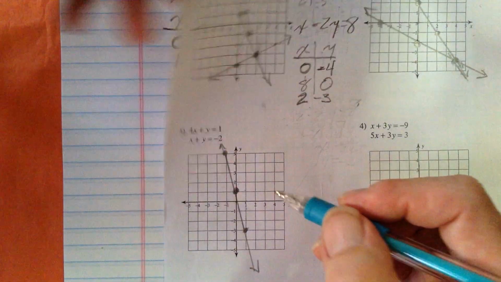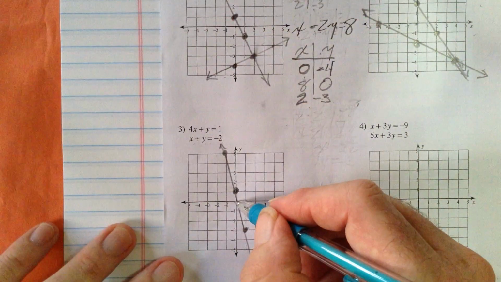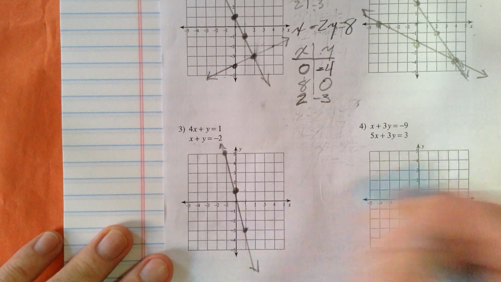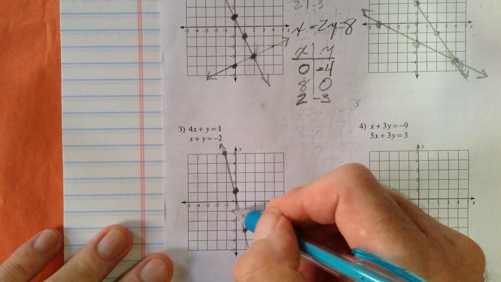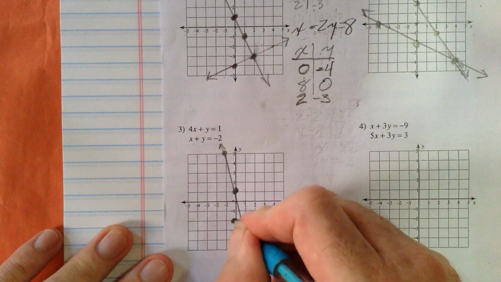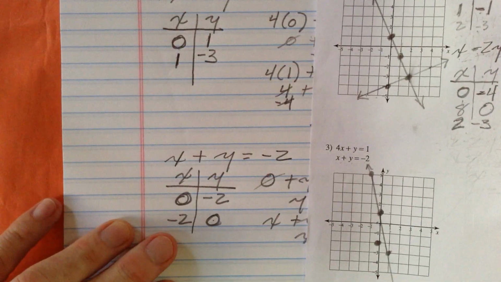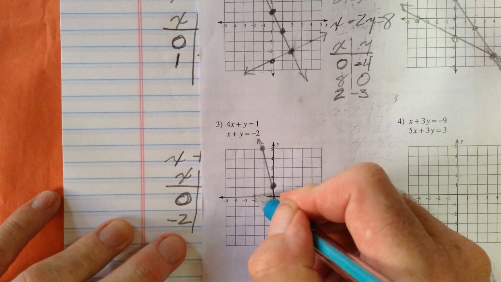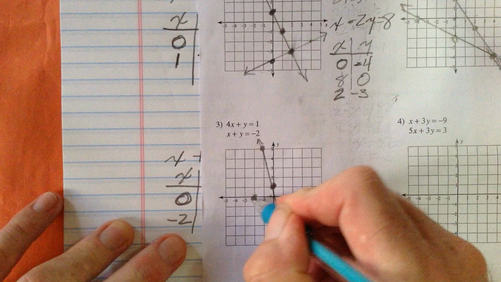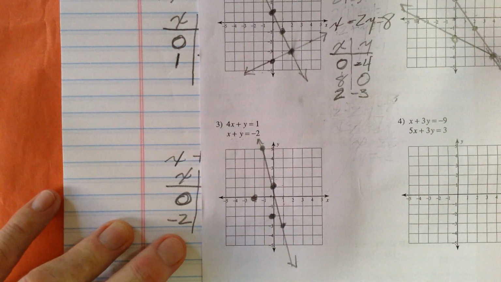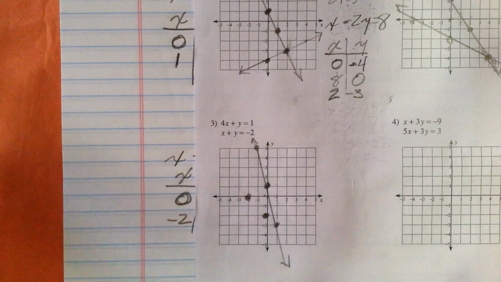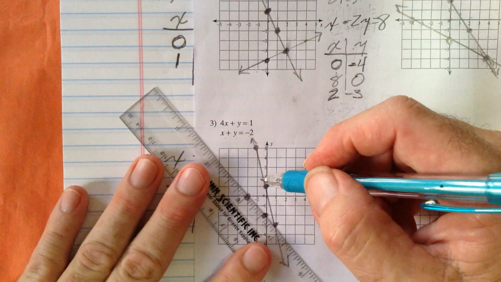So the second one, I got 0 for the x, and y would be -2. So I have to go 0, 0, 1, 2. I got to go down. I almost was going up there. Okay, and then if x is -2, I go -1, -2, and y is 0. I just stay right here on the line. Okay, so then I draw the line here,